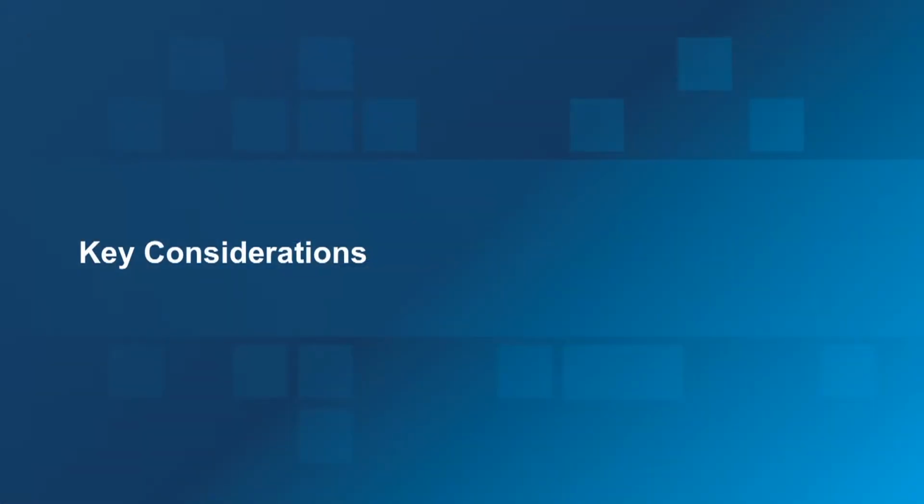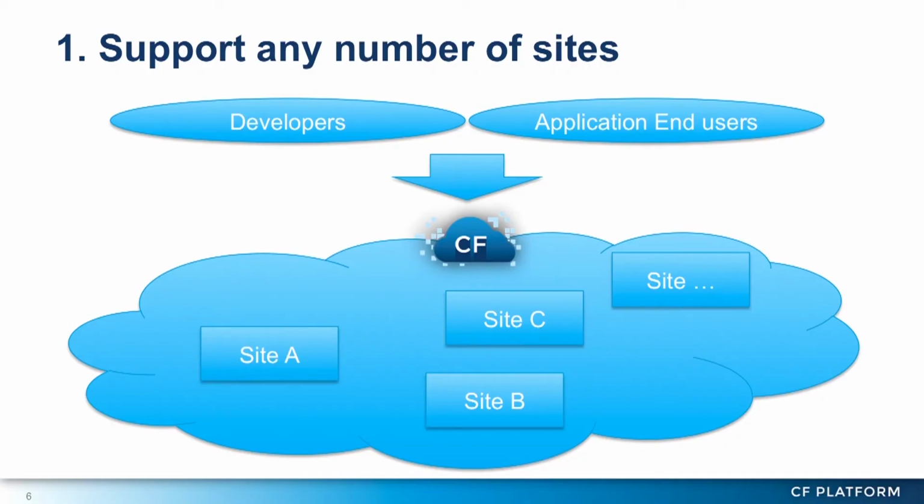So what are those key considerations we need to think about? First one, support any number of sites. So traditionally, we often talk about data center setups where we have a primary site and a backup site. In a cloud world, you might have many sites, 10, 15, 20 sites, and you want to run the application across those multiple sites. That gives you increased resiliency, but it also serves the second objective that I talked about